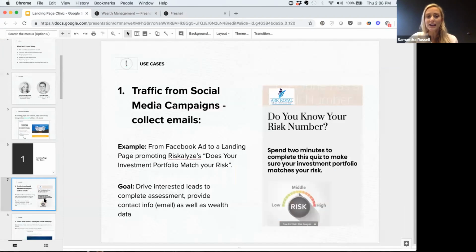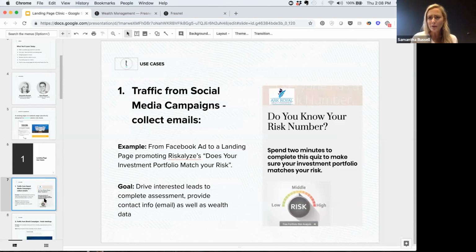The very first one is one that I've seen a lot of advisors doing, which is great. You are on social media, sharing something on LinkedIn, or maybe doing a paid advertisement on Facebook, and you want to direct people from that ad to your website. But you don't want to just send them to your homepage, right? So let's say the ad on Facebook is all about how you build portfolios for clients that are very tailored to their level of risk. And the call to action at the bottom of the Facebook ad is: find out your own risk score.